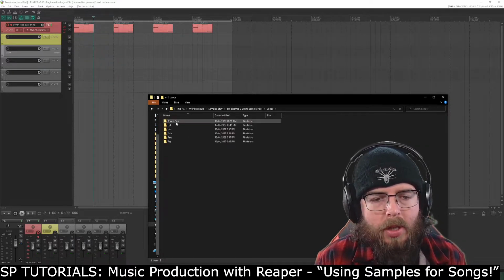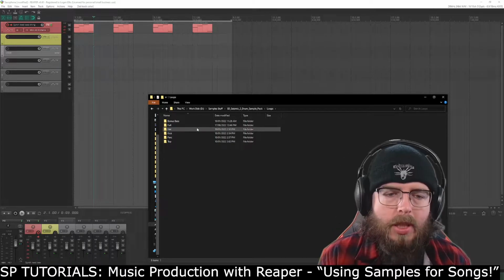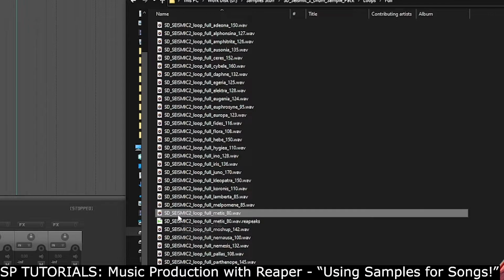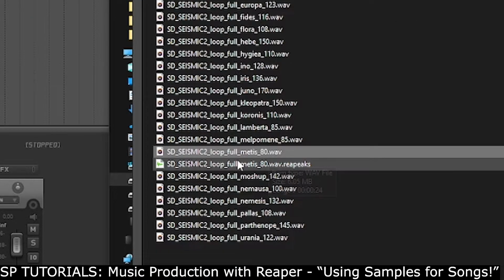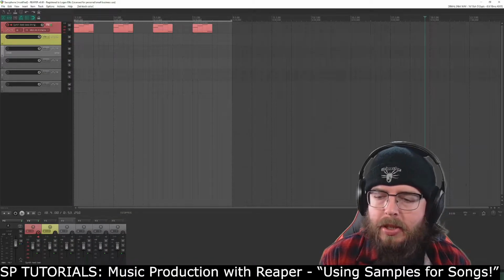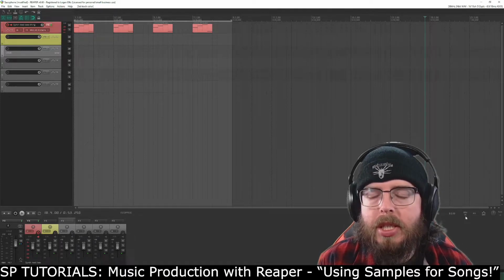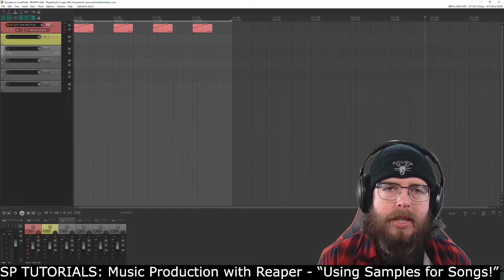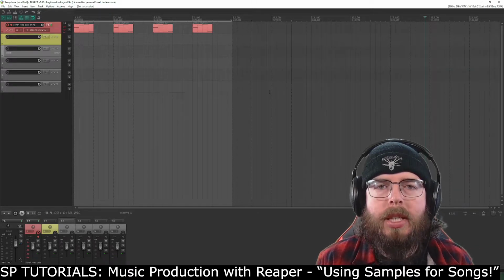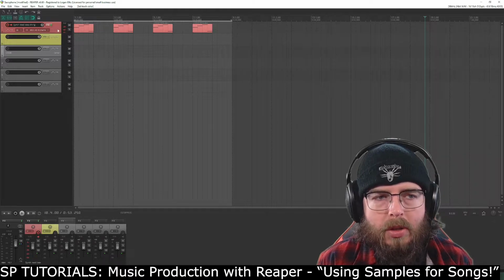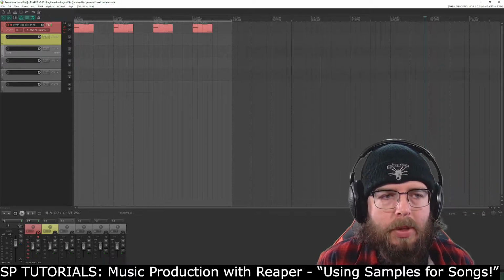But loops, I think loops are easier for beginners. If you go full, we're gonna find something. You see how it goes: SD seismic 2 loop, full meters 80. That's the name of the sample pack, and then you've got the individual name of the sample, and then you've got 80. Now that 80 needs to match the tempo that your session's at. So you see down here we've got 80. Well, if you don't have that at the same tempo, what will happen is that you will have your drums out of time with your lead sample, which if you remember was